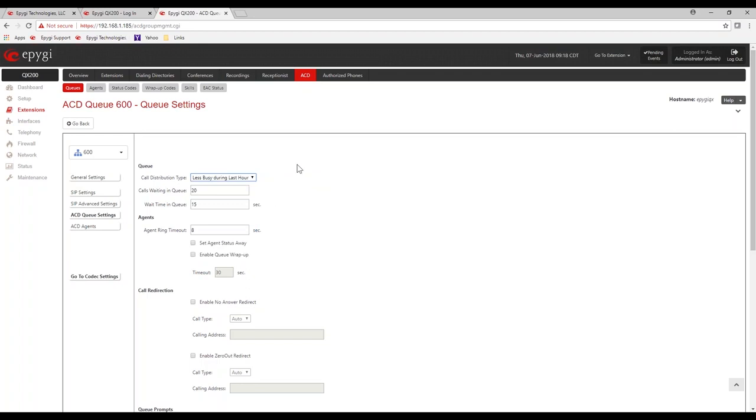All right, as far as the queue settings, we want to go through these. There are several ways of distributing